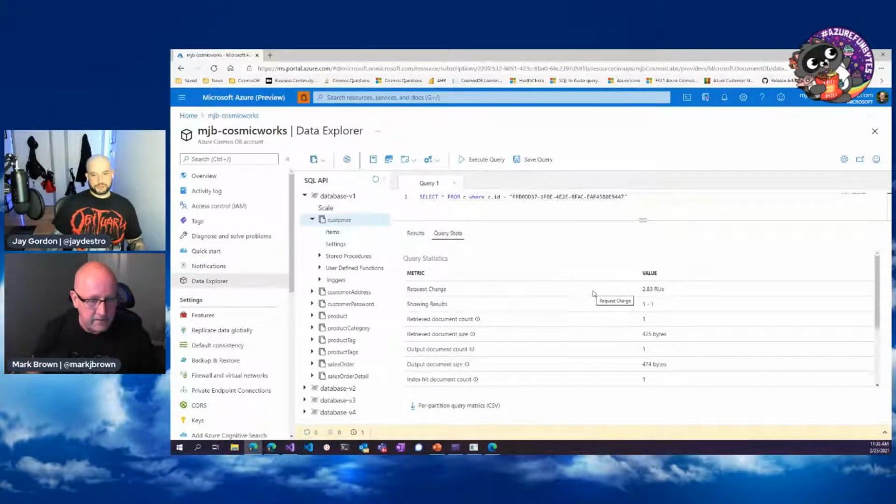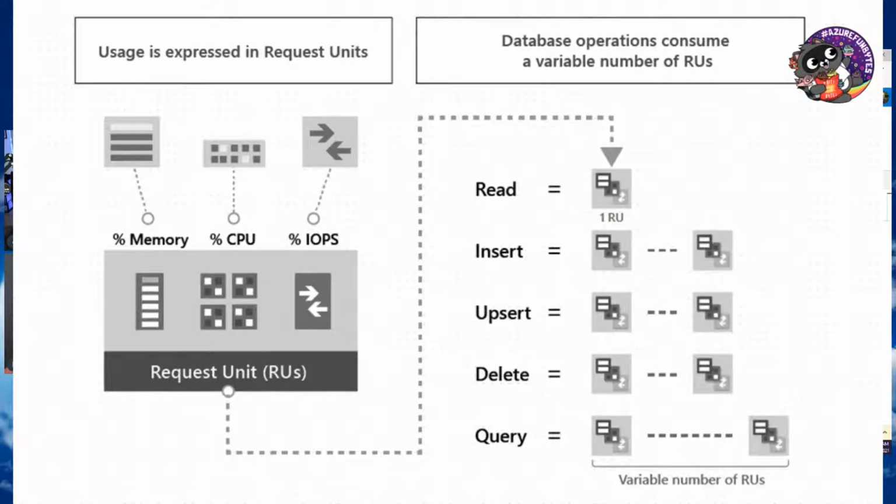Do you mind if I share the RU slide, Mark? And maybe we can just touch quickly on it. On an RU, sure. So we're talking about request units. And request units are kind of like, we think of reservations in a way for our virtual machines and some other services. This isn't necessarily like reservations, but it's getting us close to understanding what our costs will look like long term. Am I right?